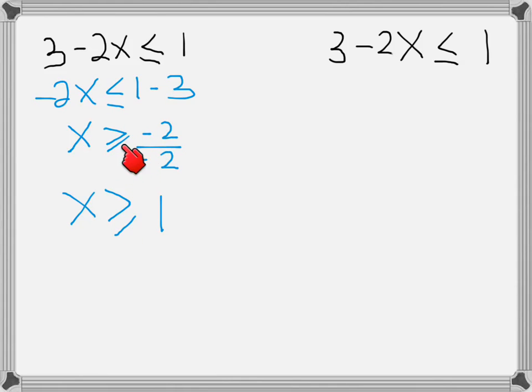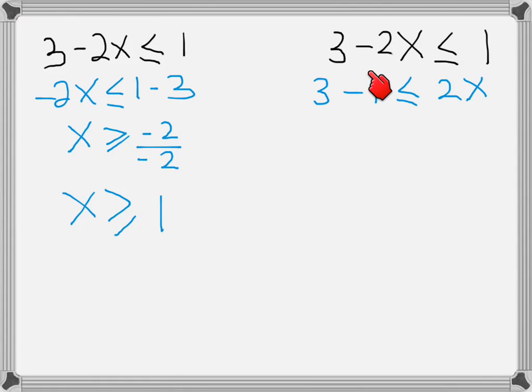What if I do not want to multiply or divide by a negative? Now I use the other method. I move the 1 over here and then I move the negative 2x over there. So I get 3 minus 1 smaller than or equal to 2x. Even though this was negative 2x, because I moved the whole negative 2x to this side, it just becomes positive 2x, because now I am not